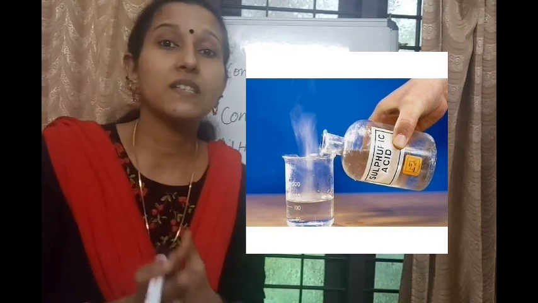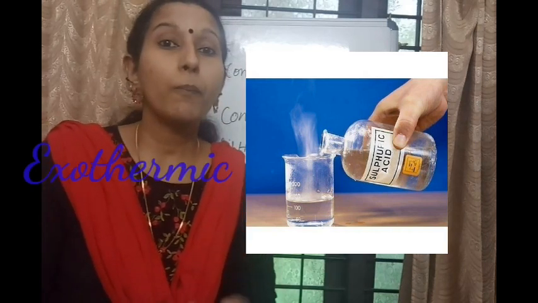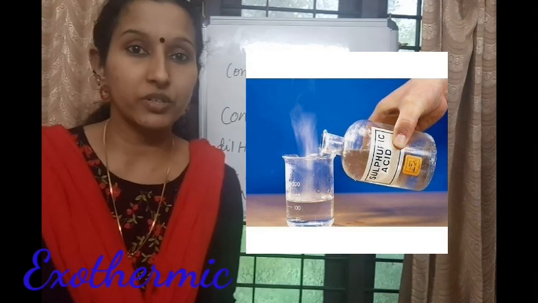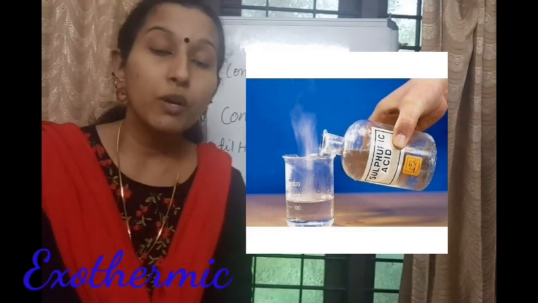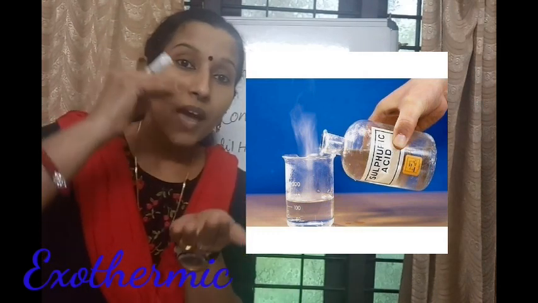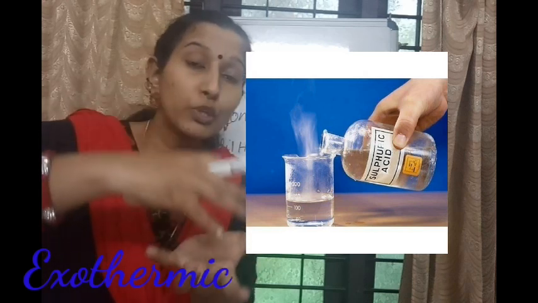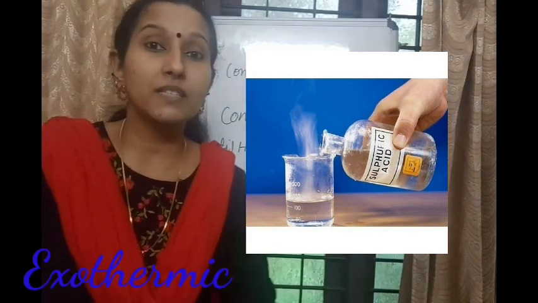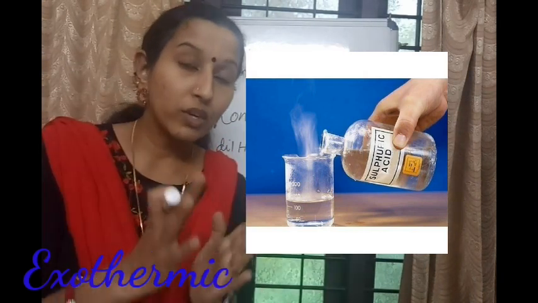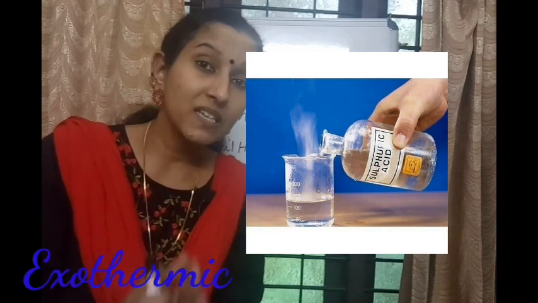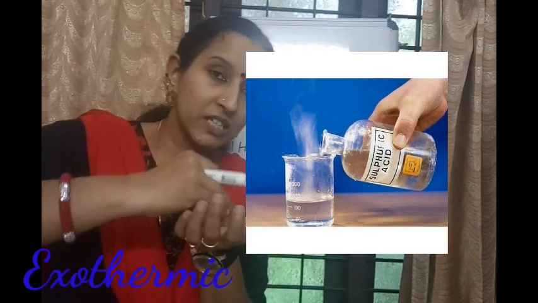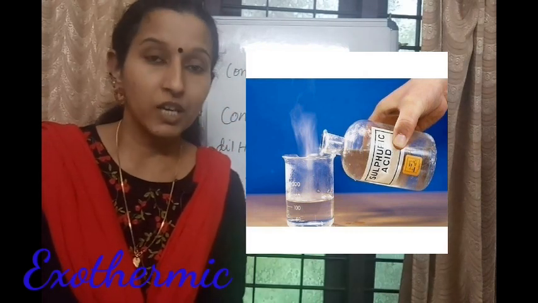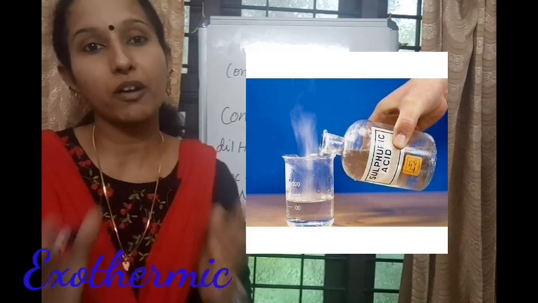And concentrated substances are highly powerful. Why? When we open the concentrated bottles, you may see that fumes come out. Fumes are rushing out. Why? Because these concentrated acids contain a huge amount of heat. When we open the tap, this heat tries to escape outside. So concentrated acids are highly powerful.